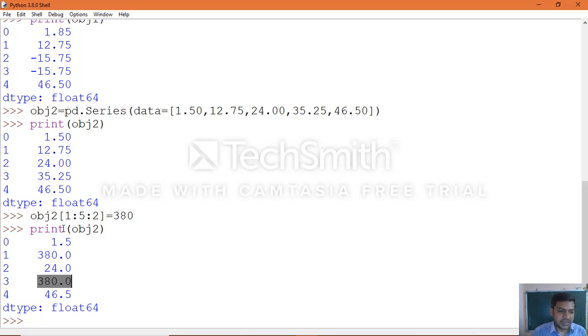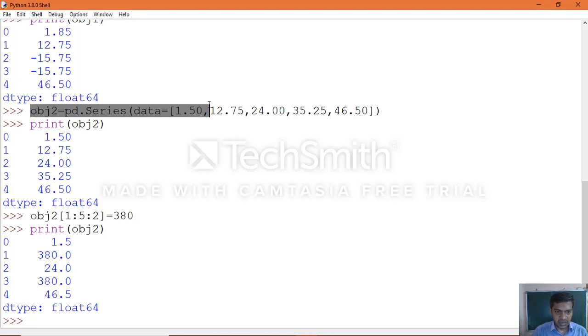Our data is up to 4 only, 5 values means 0 to 4, so that's why it stops the updating of the object values there. In the same manner, whatever changes you want to make, you can make use of it.